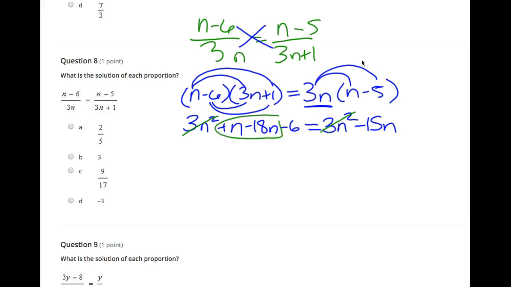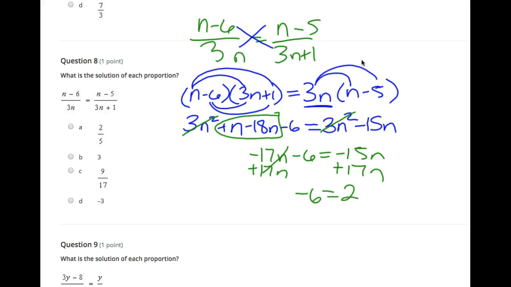So here I've got these two like terms, n and negative 18n. That's going to become a negative 17n minus 6 equals negative 15n. Now we're ready to do some rearranging. I'm going to get my n's together. I'm actually going to move the 17 because when I do that, it turns positive and I get a positive 2n there on the right. Now I'm going to divide both sides by 2, and n is equal to negative 3,